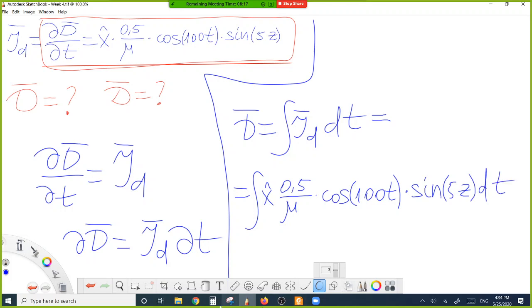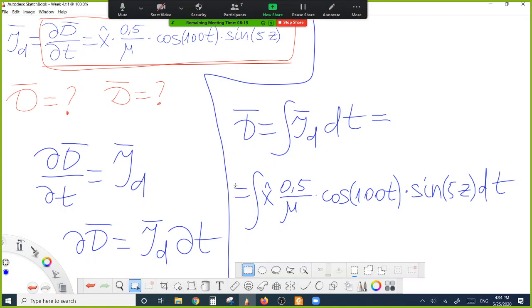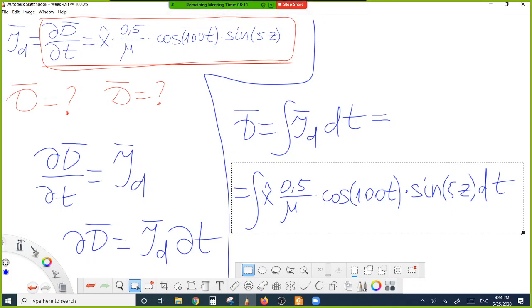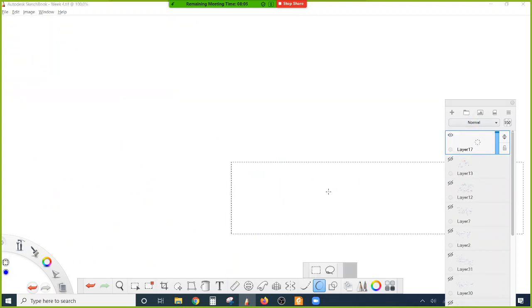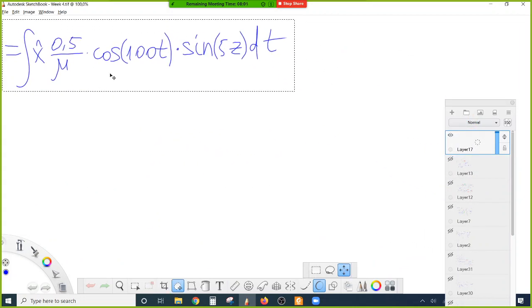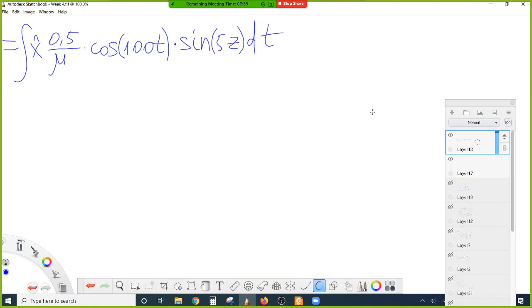Okay, well, let me copy this to the new page because we cannot manage to fit here. So this integral equals to